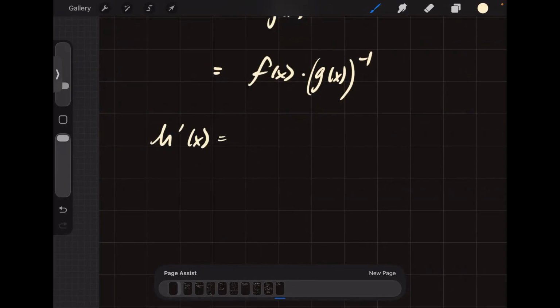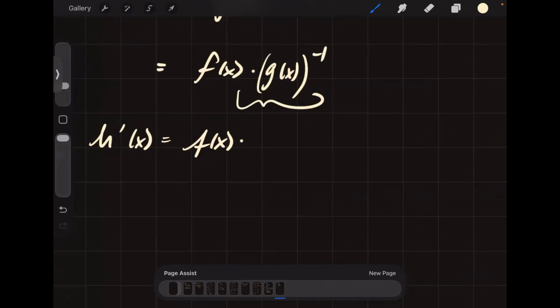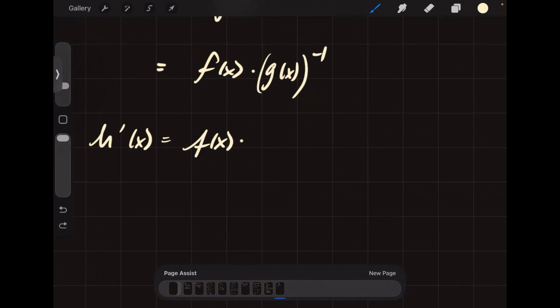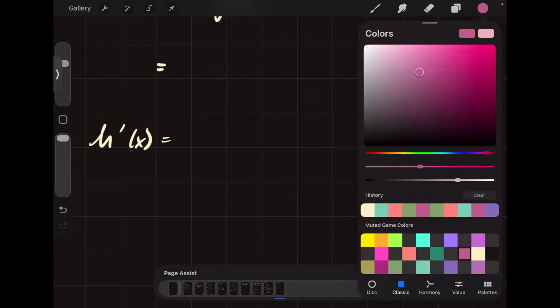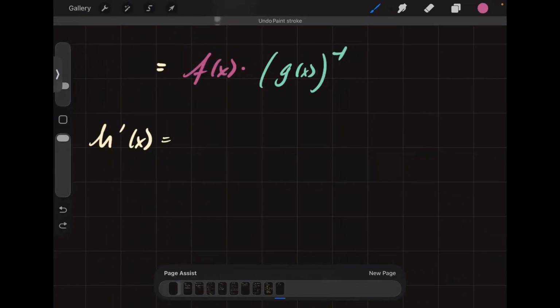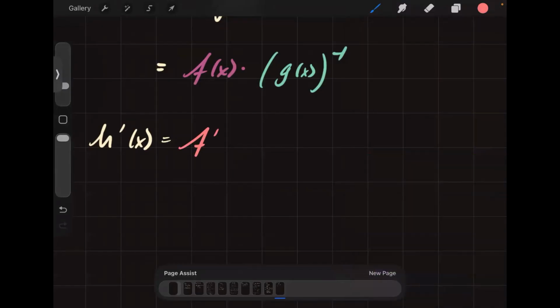is going to equal this f of x times the derivative of this whole thing, right? And it's a chain rule. So we're going to chain this down. This gives you, you know what, let me color code it for you. Put f of x here. You put g of x here. F prime, which is going to be in orange. F prime of x times normal g of x, this normal bit,